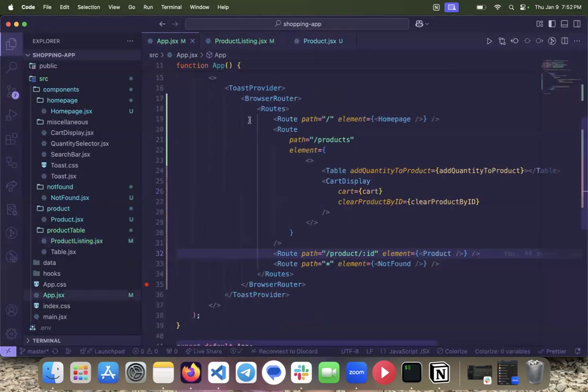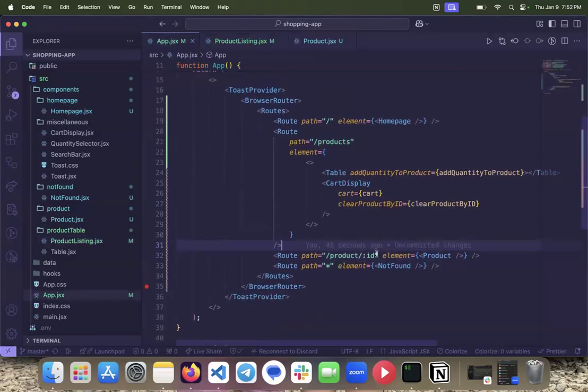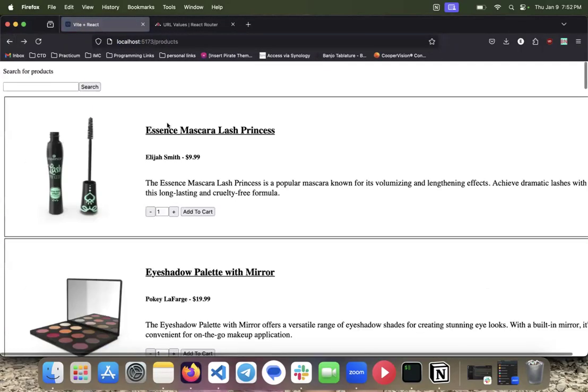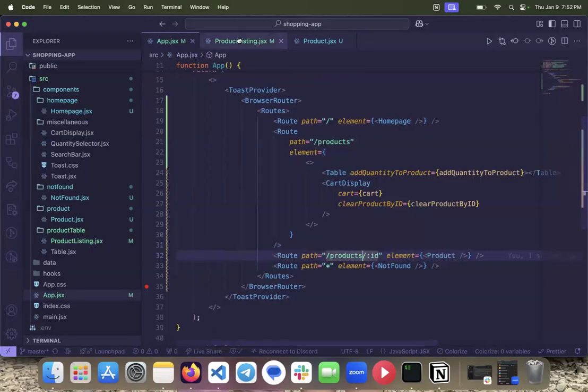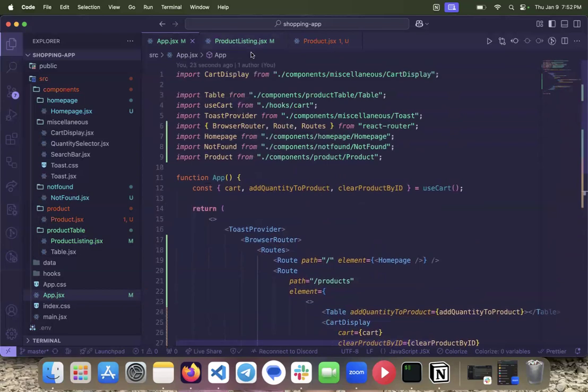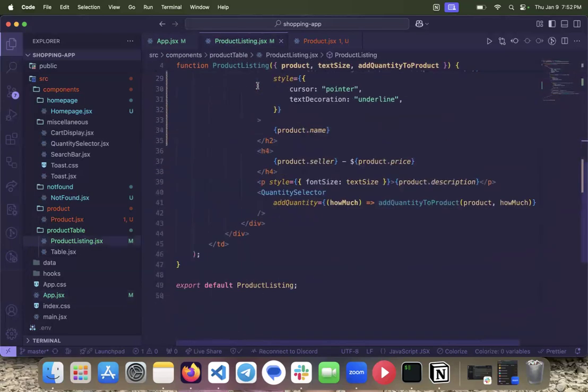We've got to fix our routing though. So we have different routes here for slash product slash ID, but it should be slash products. Great. And so now it's showing us the right page, which just has the ID of whatever product I have in here. And I can click on any of these and it'll show that it actually takes us to the right page. So what are we going to do with that ID? Well, we're going to take it and we're going to request the product from the server. We actually have some code to do this already